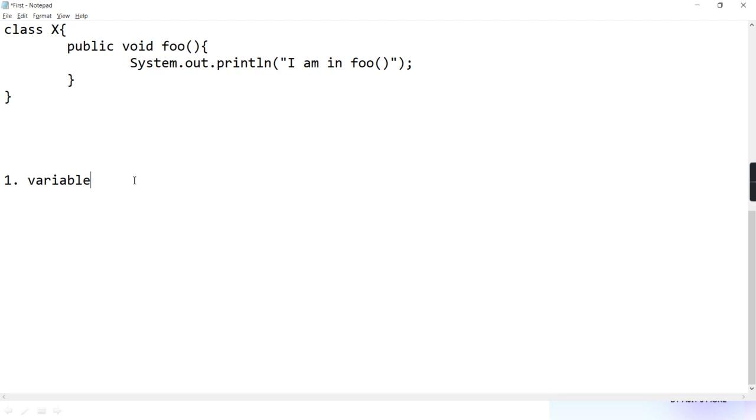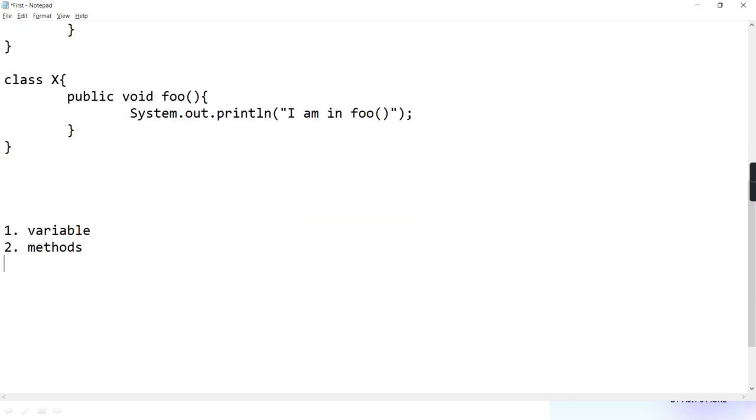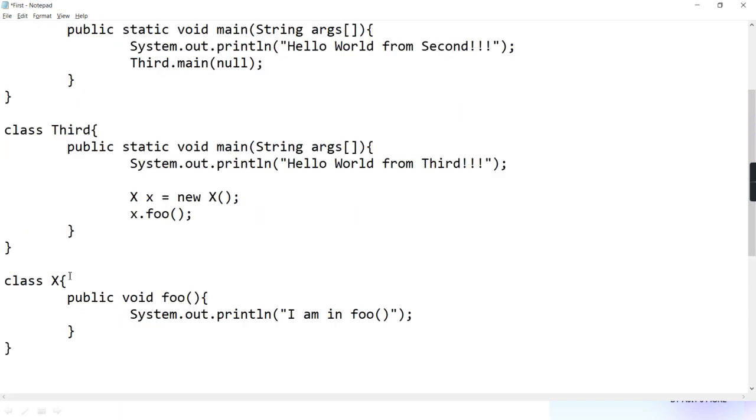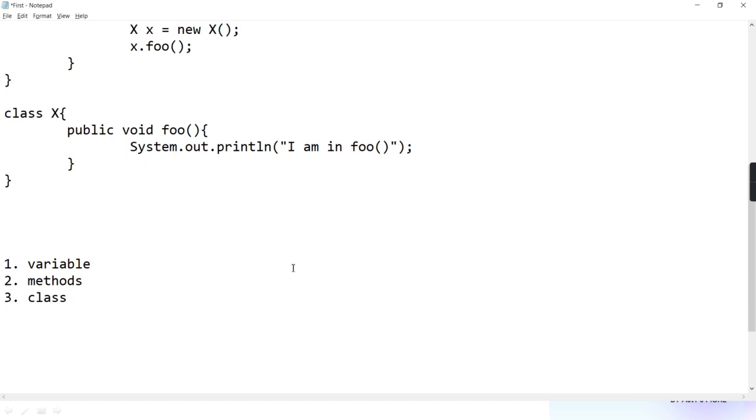Getting? Same way, name given to your methods. You write methods. So see, this foo is the identifier. This main is the name of the method. Foo is the name of the method. Name given to the class. How do you identify that class? Because when you create an object of that class, copy of that class, do we use the name of it? So the third, X, first, second, that is the name of the class.